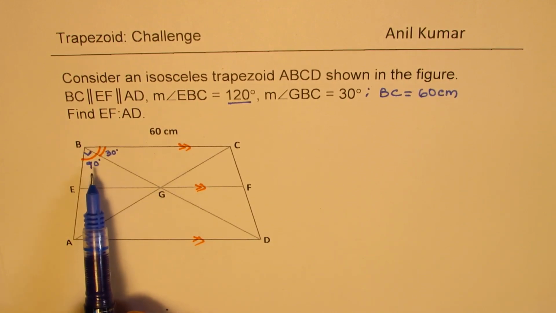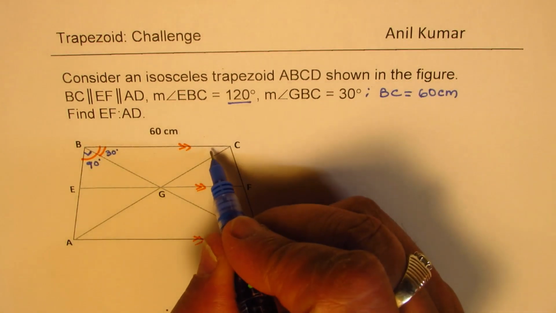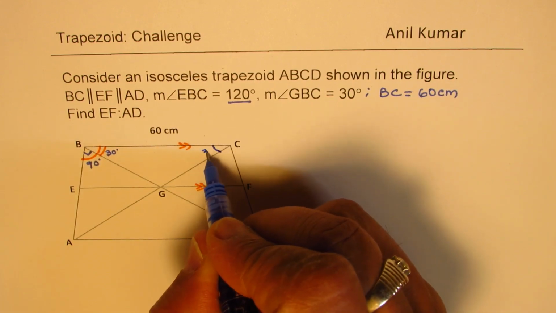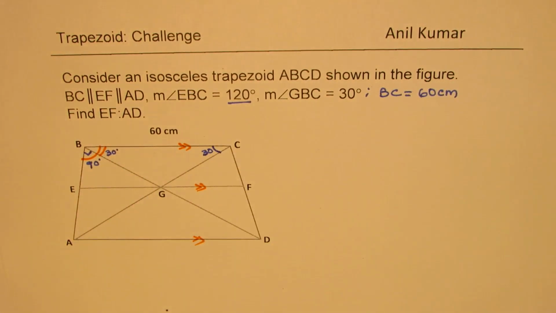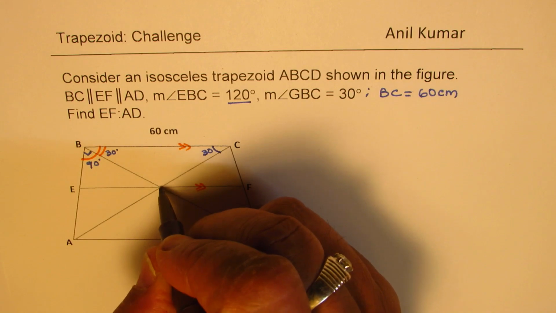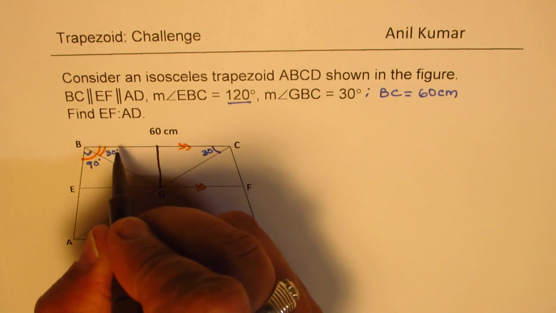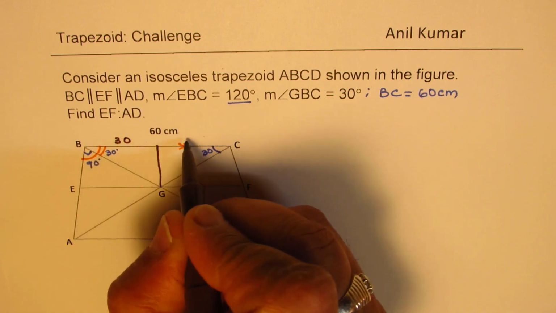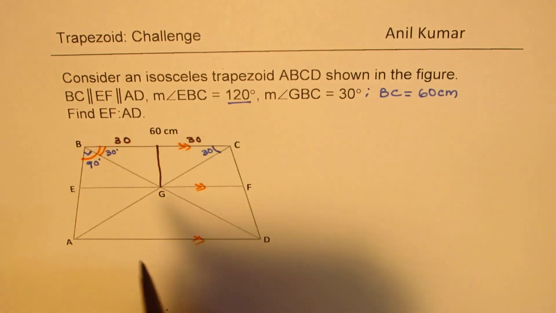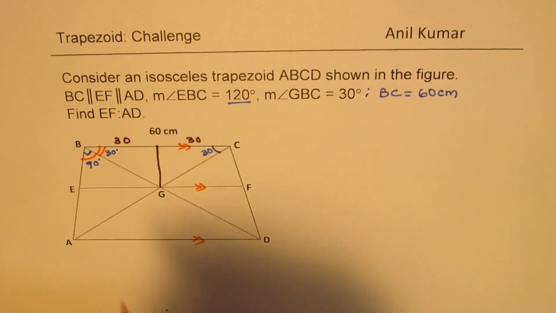So what we have here is isosceles triangle, right? So the angles at the base are same. So this is 30 degrees. That means this is also 30 degrees. So we have an isosceles triangle. Now let's drop a perpendicular from G to BC. So if I drop a perpendicular from here to BC, in that case, these sides will be half of 60, so we'll get 30, 30 each, correct? So that is the perpendicular which we have just sketched